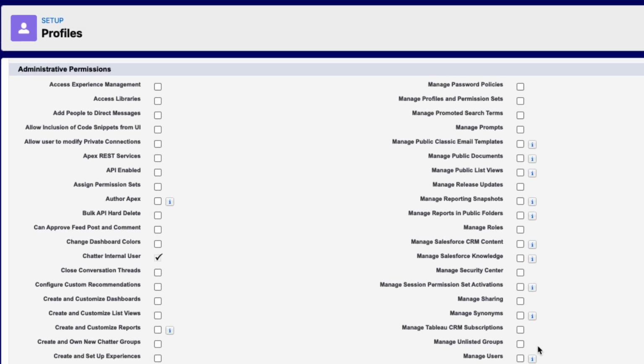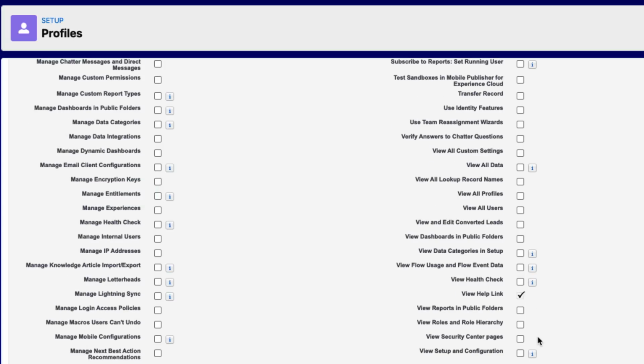There are a ton of permissions that control every single aspect of Salesforce. For example, author Apex controls whether or not this user can create Apex classes. View setup and configuration controls whether or not a user can access the setup user interface, and so many more.